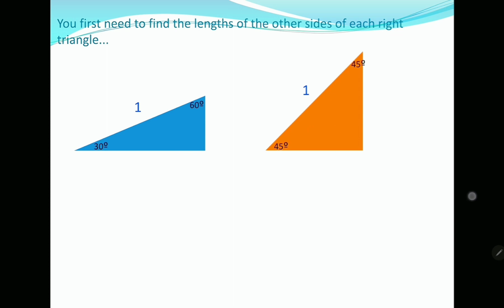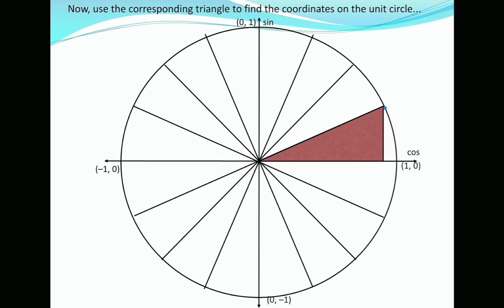So now, how can we use these to sketch a unit circle? So this is the unit circle. On the unit circle, this is a 30 degree right angle triangle, and let's say this point is P. So the coordinates of this point: this is a right angle triangle, we know. This length on the x-axis is cos 30, and this length on the y-axis is sine 30, and this hypotenuse is 1. Therefore, the coordinates of this point P can be written as cos 30, sine 30 if the radius is 1.